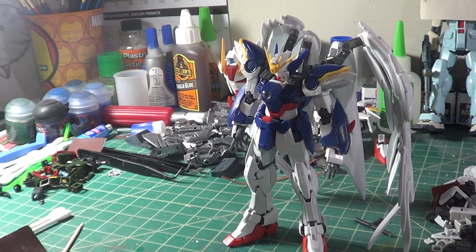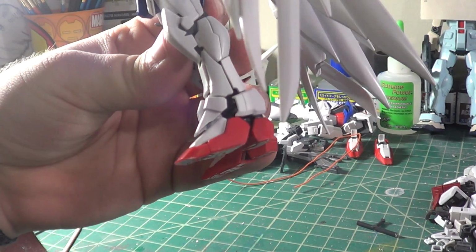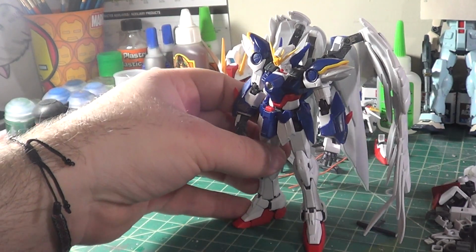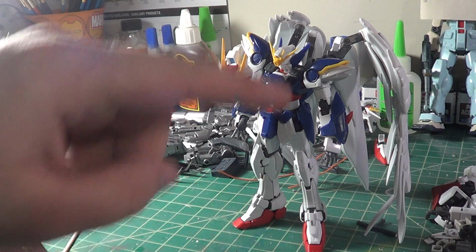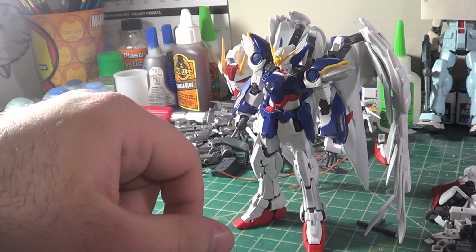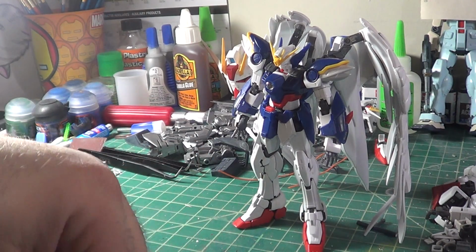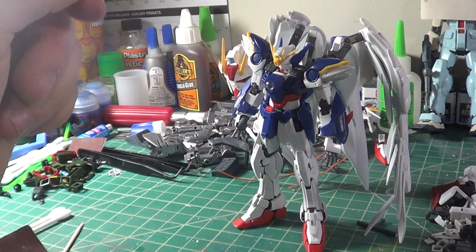Color separation is pretty good. It leaves a little to be desired in my opinion. I still miss the 3 shades of gray, but for this it looks pretty good. Since it's a more simplistic and more streamlined kind of design, there's not too many panel lines going on or anything like that, so it works out well for this. I think a third color would make this a little bit busy. But things like the GP01 and other things like that could have used that third shade. But anyway,